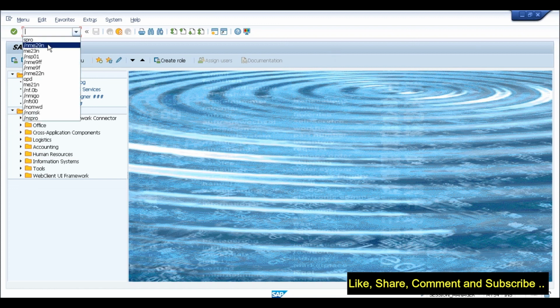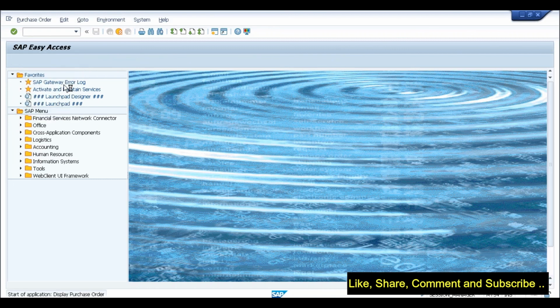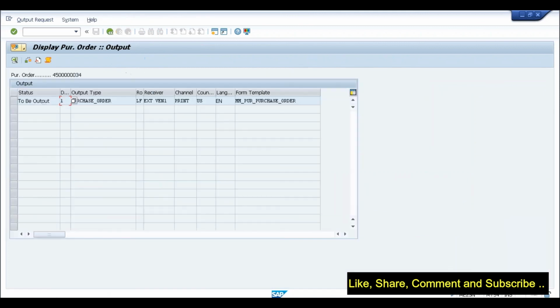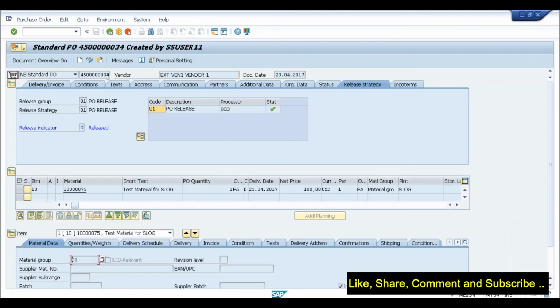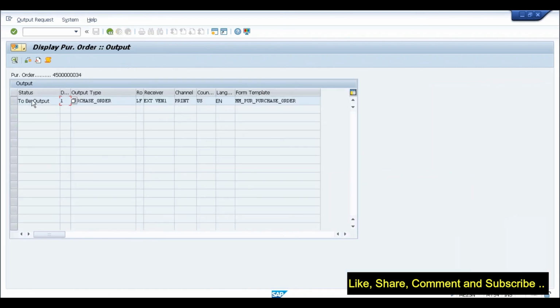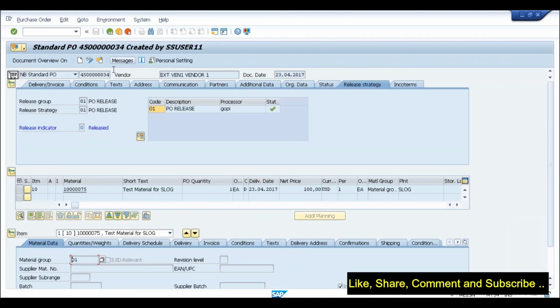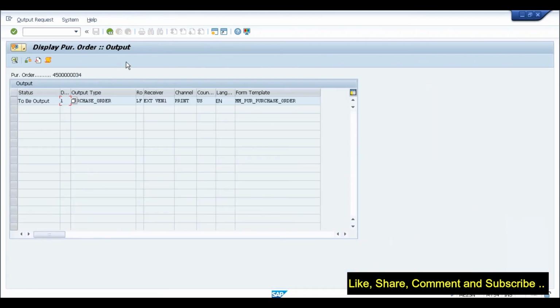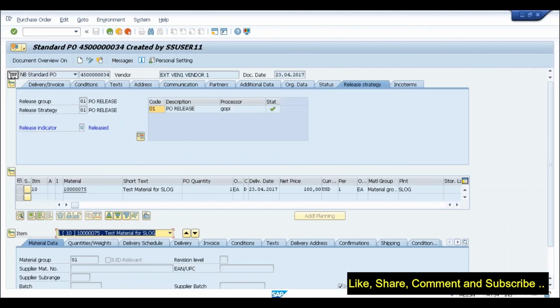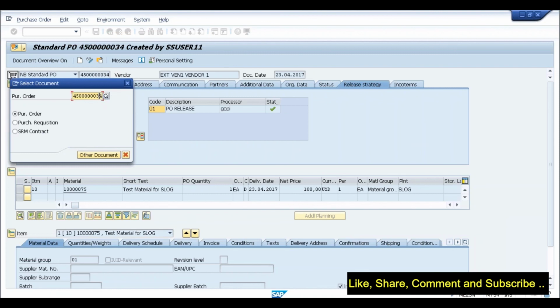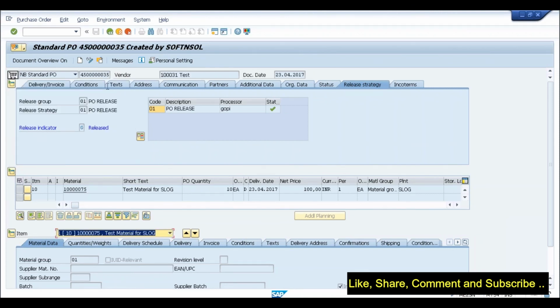The question is, if I go to ME23N, messages, I think it was not saved, or maybe the order is different. Order is the same, it was not saved. So what I've done is, when I'm creating the new output manually, if I click on change messages, it is already open or something. I think you are processing this, Ravi. Oh yeah, I'm out of it now. Go ahead and use it. Oh, okay, no issues. I will take another one.